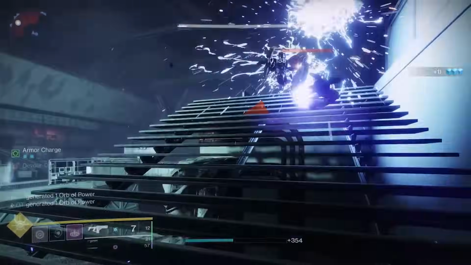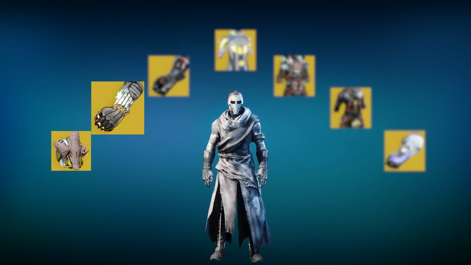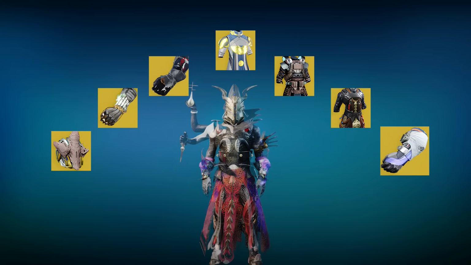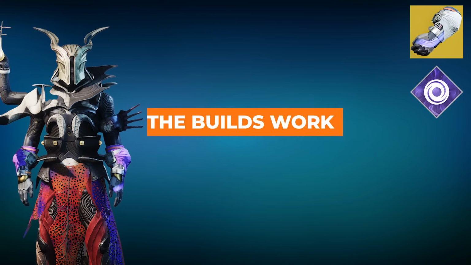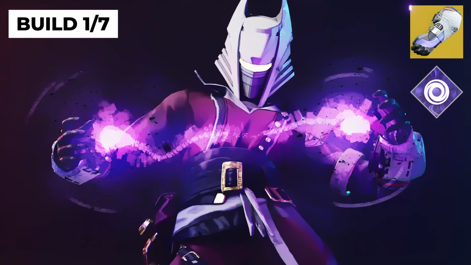There are 7 incredibly fun Warlock builds you need to try. Each one involves a specific exotic and subclass that's synergized for gameplay loops that are so fun to play. I'm going to break down exactly how they work and provide you with a mod summary at each stage so that you can apply it on your end, and we're going to kick things off with the Void subclass running